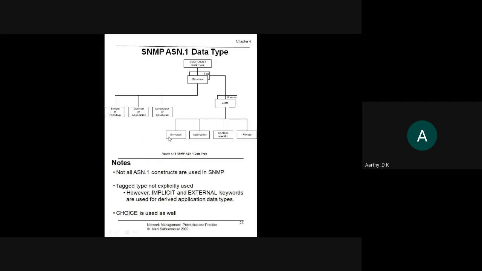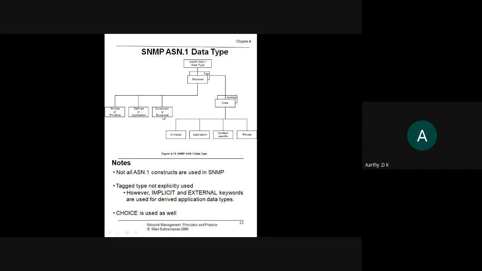Next we saw about data types that are available in ASN.1. We saw simple, defined, and constructor. In simple we have integer, octet string, object identifier, and null. In application specific, we have network address, IP address, counter, gauge, opaque, all those things.